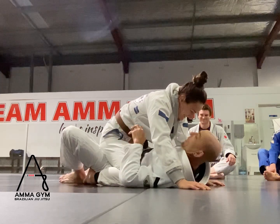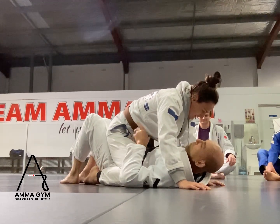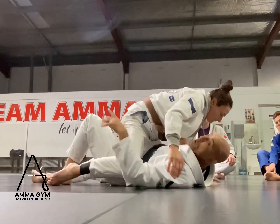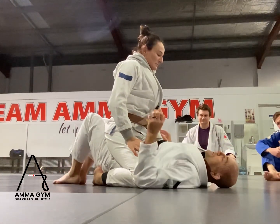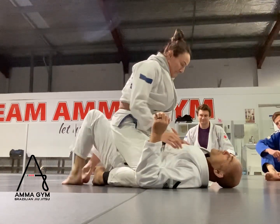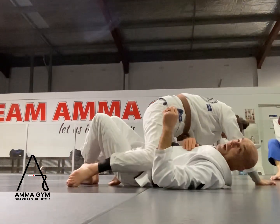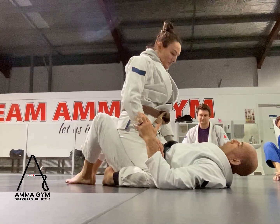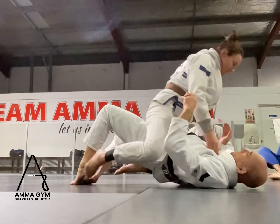What I mean by that is, if I go here, she drives backwards, I can use that to push. But it's not good for bridging. I can use it to escape, but not for my bridging. Secondly, walk my feet in, engage, turn my heels, so that it's harder for her to maintain the position. So walk my feet in, turn my heels,